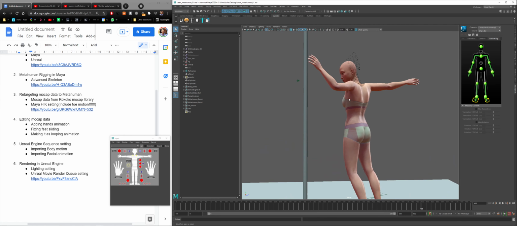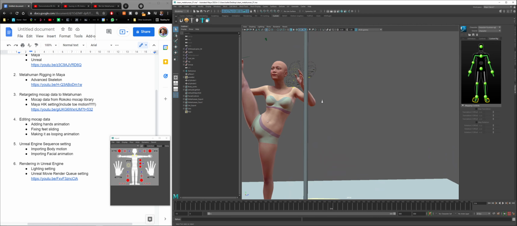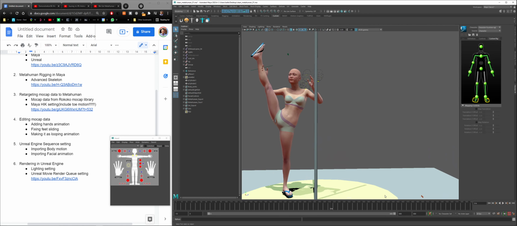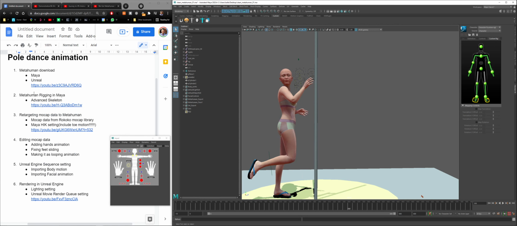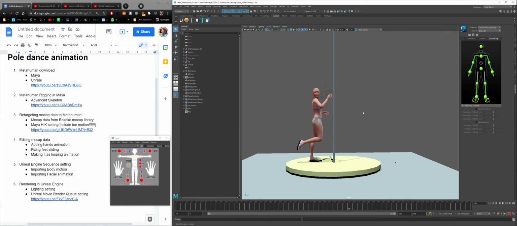Then the hand, mostly the hand. Making nice hand motion took quite some time. All this process, downloading, rigging, retargeting, was really quick, but adding the hand animation took really long compared to other parts. Anyway,